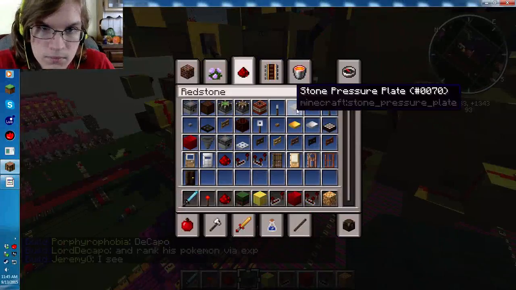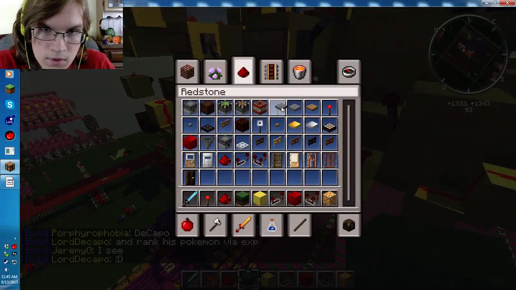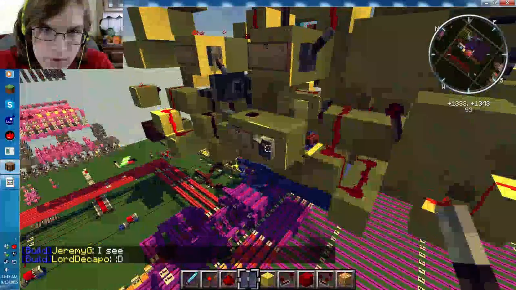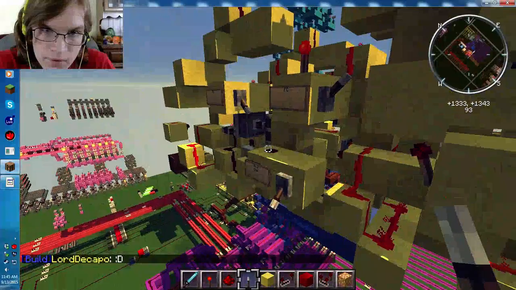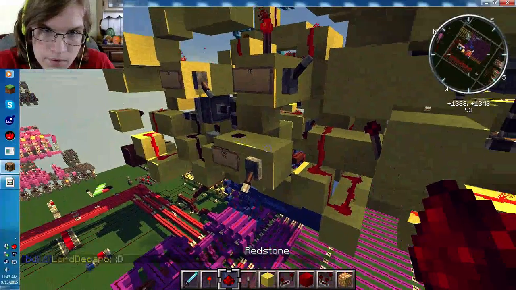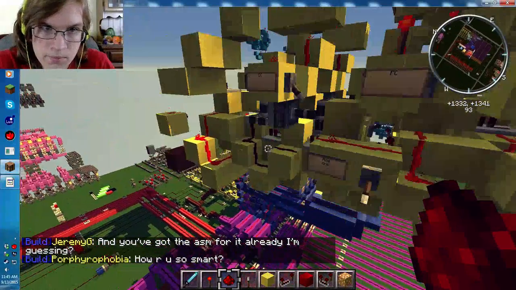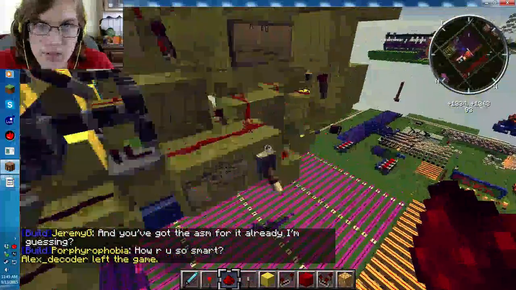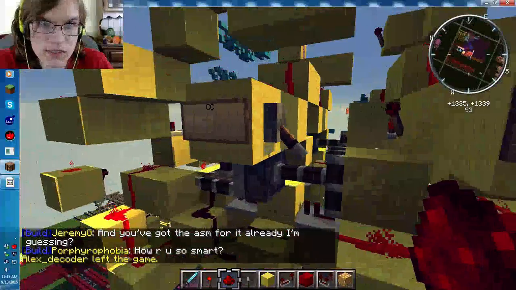Where's the lever? Not a pressure plate lever. Here we go. There we go. So now it's off. But if I turn off CC,